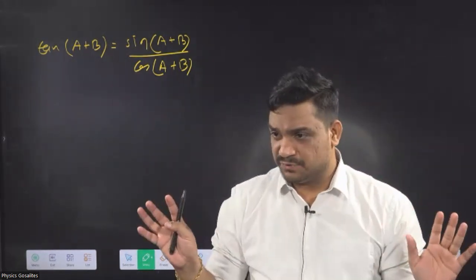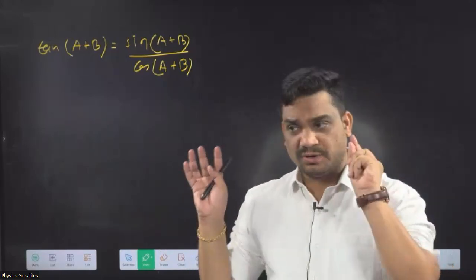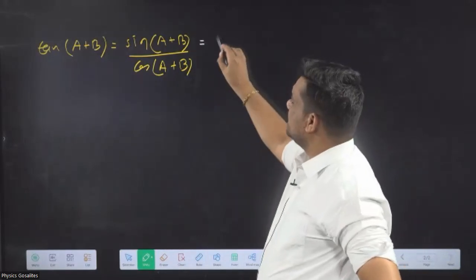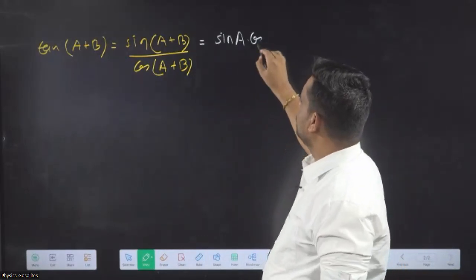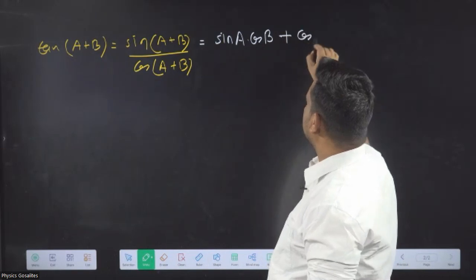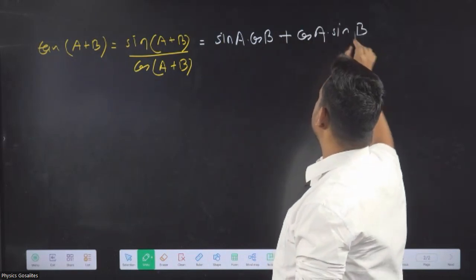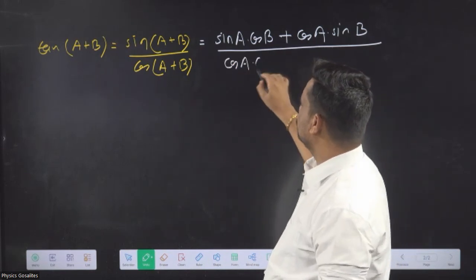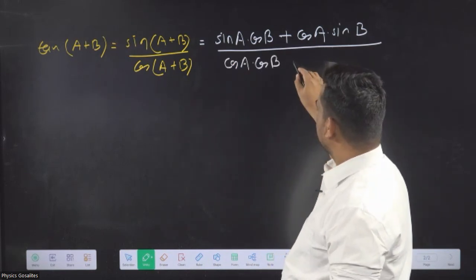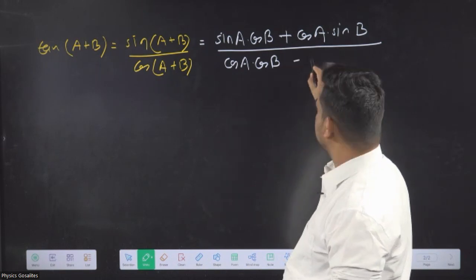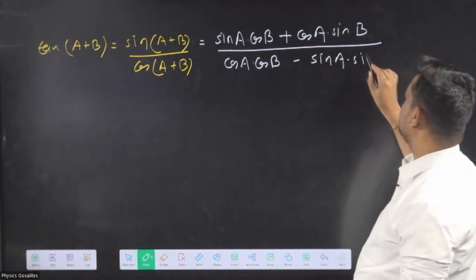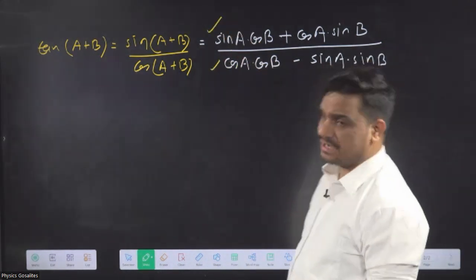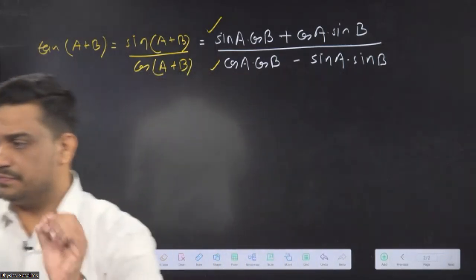Ultimately, you will not do the proof. No one is going to ask for the proof. We need to remember and use this formula. One time I'm just showing: sin(a plus b) is sin a cos b plus cos a sin b, divided by cos a into cos b minus sin a sin b. If I divide by cos a cos b, upside as well as downside,